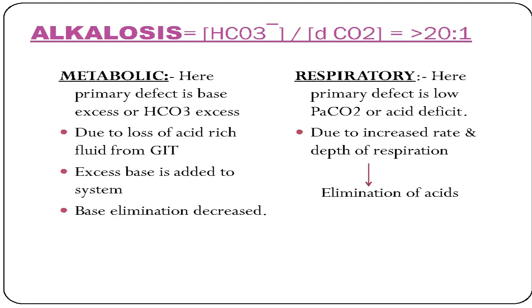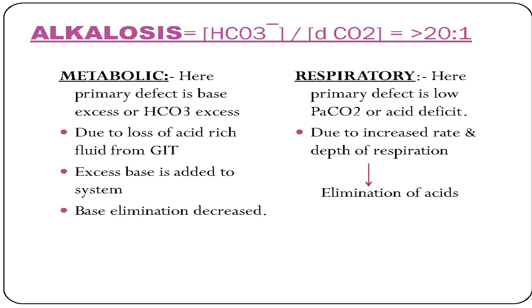Now we have seen the clinical pictures of the metabolic and respiratory alkalosis and acidosis. Now let's discuss some of the theoretical aspects of the alkalosis. Now alkalosis may be of metabolic and respiratory types. By this time you all know these. In metabolic alkalosis, there is primary base excess, and in respiratory alkalosis there is primary acid deficit. Now look at the causes of metabolic alkalosis. Metabolic alkalosis, that is the primary base excess, may occur in mainly three conditions. What are those three conditions?